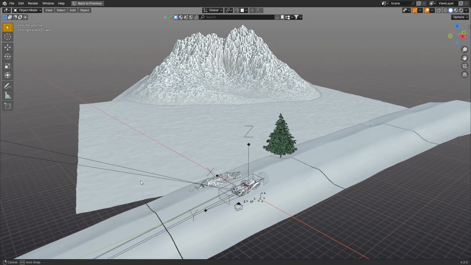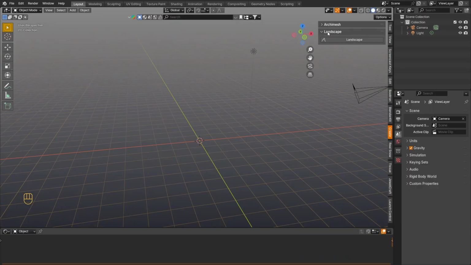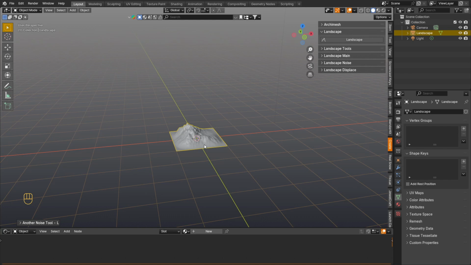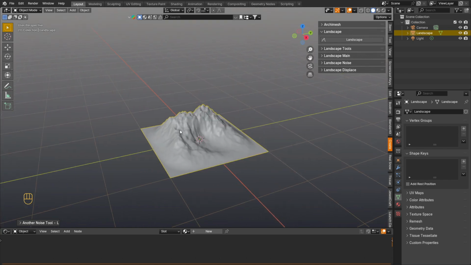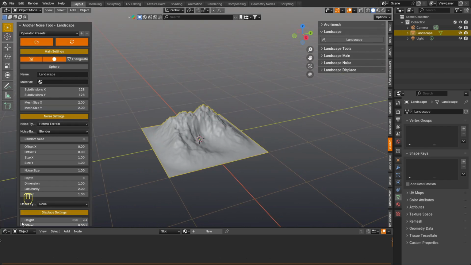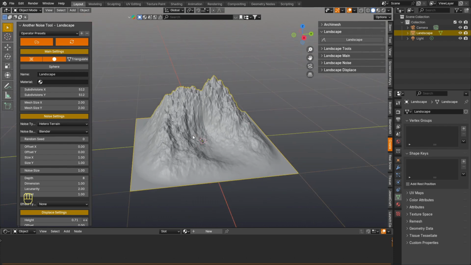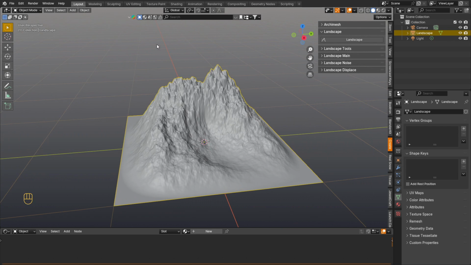First of all, I want to show you how I created the mountain. I add a landscape to the scene, and in the small menu on the left we have the ability to control the object. There are a lot of settings and options to control the landscape. Well, this is a topic for a separate lesson. I'll just show you what settings I used. I raised the height a little since the appearance suits me and increased the mesh resolution to 512 by 512 faces.